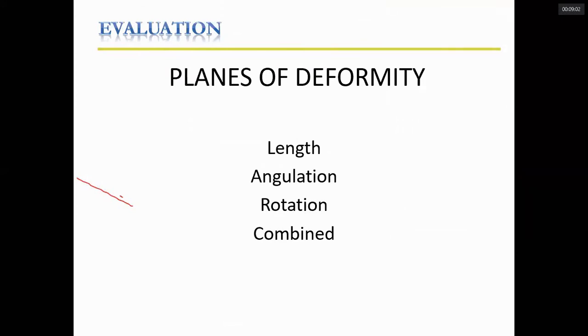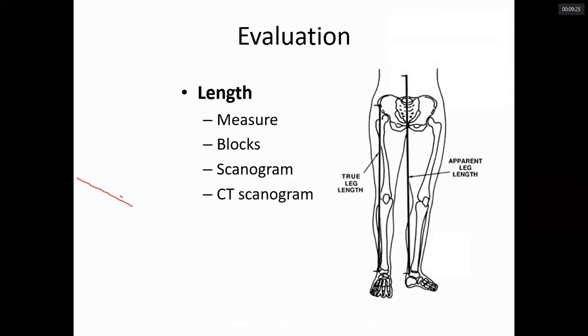Now, if we are thinking that we should intervene, our aim will be to evaluate the patient. So we want to evaluate the deformity in terms of length, whether there is shortening or not, whether there is angulation or not, whether there is any form of rotation, or if there is a combination of all the above. Okay? So how do we measure length? Simply we can measure it in the lower limb from the anterior iliac spine to the medial malleolus or lateral malleolus. In the picture here it's shown lateral malleolus, but usually we take it to the medial malleolus.